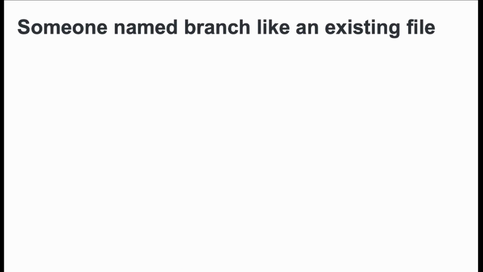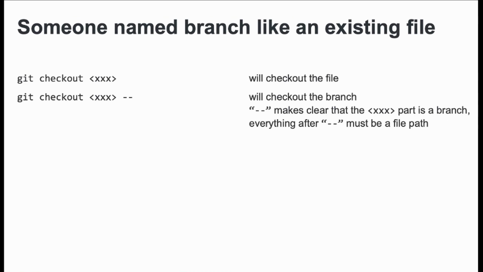But what we found out together with Jakob is if you type git checkout composer.json and then --, it will check out the branch, because -- means for Git that there comes a specification for a file, but we don't give one. So composer.json in this case must be the branch name.